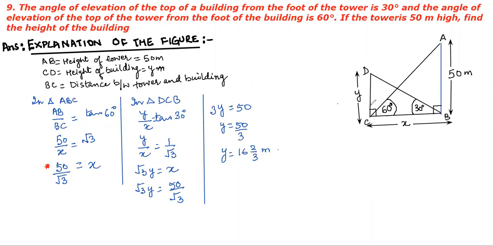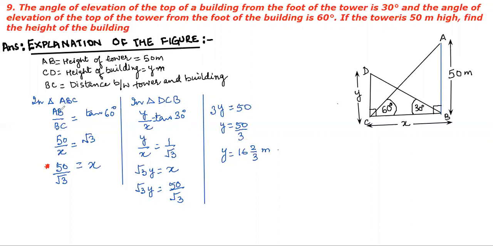Now if these are perpendicular, first of all children, you will see a triangle. Are you able to locate any triangle in which one side is given to you and the other you want to calculate? So this is the triangle ABC. ABC is a triangle where you are having one side and you want to calculate the other. So that means in triangle ABC, the side known to you is AB, that you want to calculate is BC.